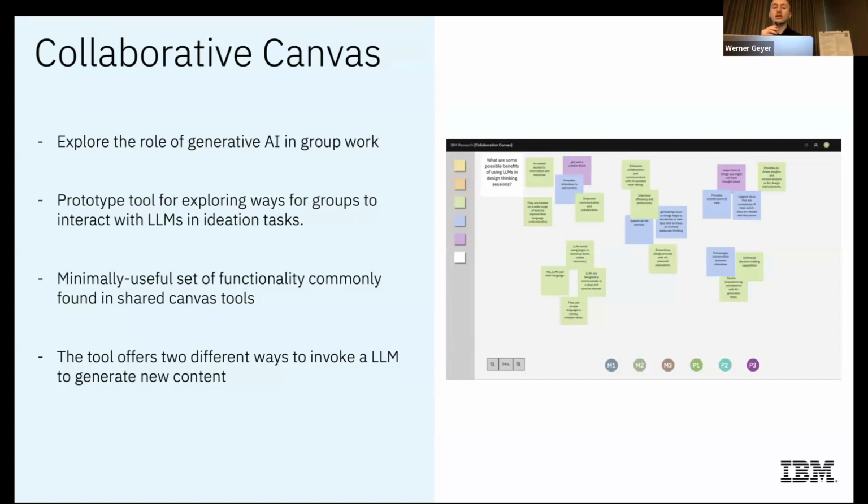The prototype, that is the Collaborative Canvas, has basic features commonly found in shared canvas tools, allowing users to join, interact, and manipulate sticky notes in real time. But the most important feature of the prototype is that it provides different ways to invoke an LLM to generate